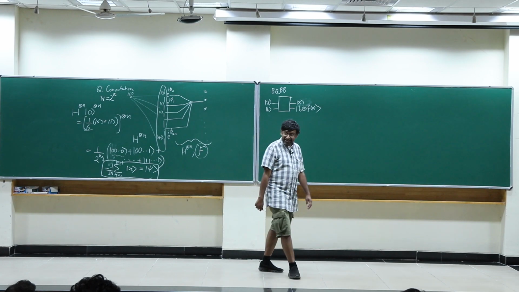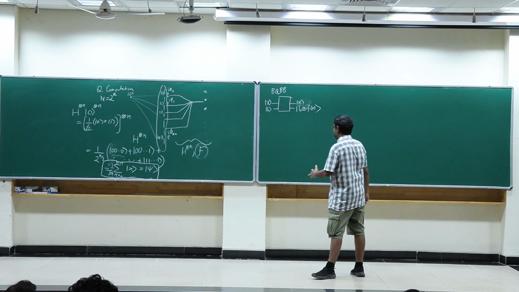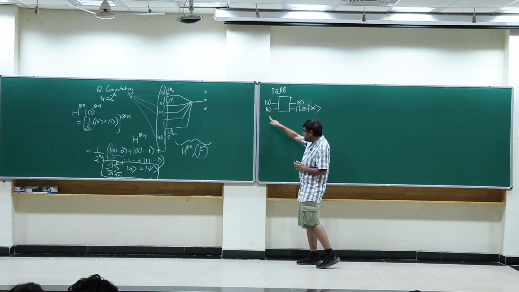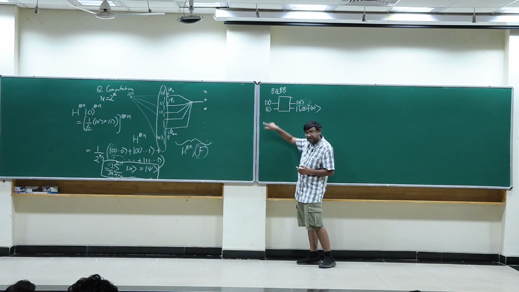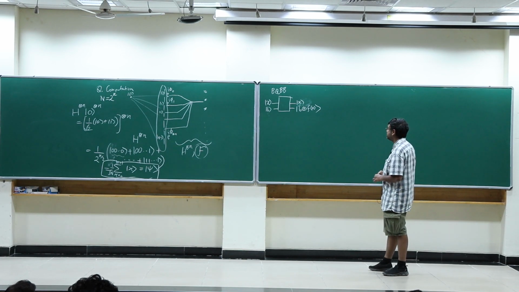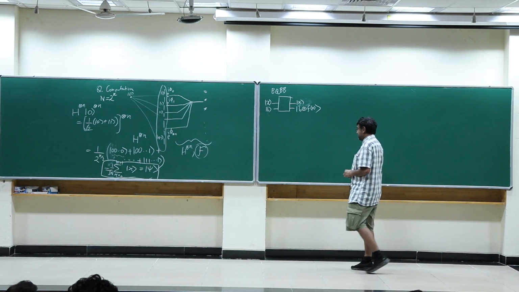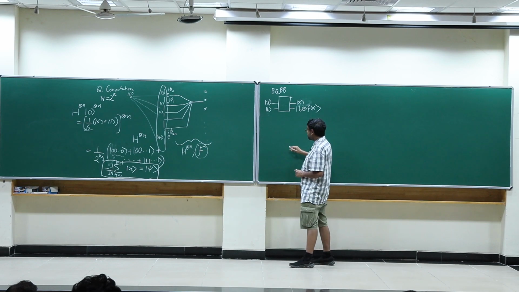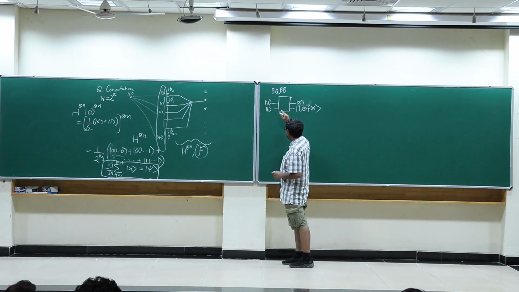Yes, for the moment I assume that. You can do it for multi-valued ones. Then this register also has to be such that many possible values have to be there. Yeah, correct. That's a good question. So first of all, you have to convert this to what is called a